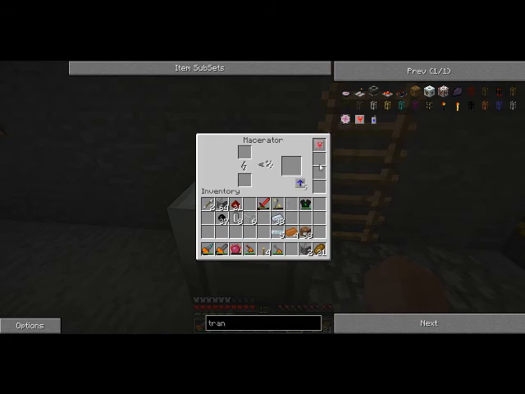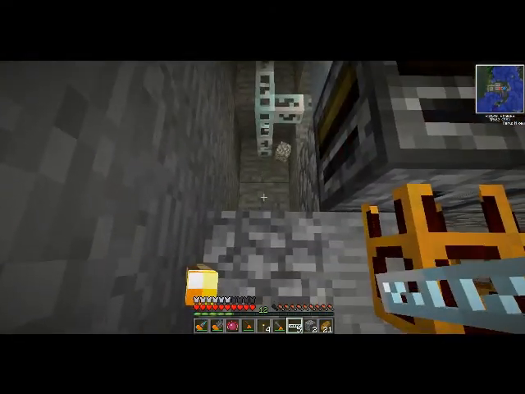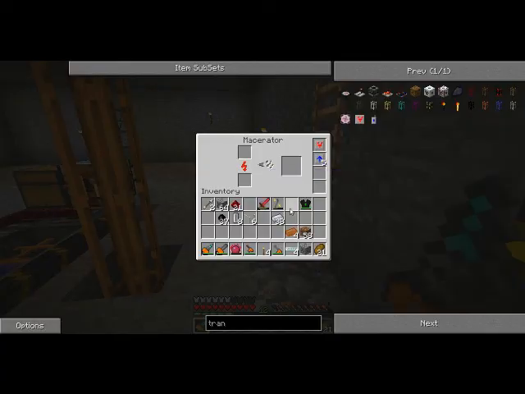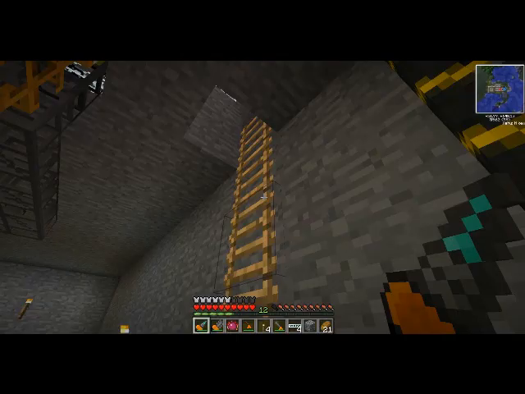So drop our transformer in here, and our overclockers in here. And now we should be all set to connect the power. Just like that. Nothing blowing up? Oh, thank God, nothing blew up. Hallelujah. Okay, so now we just need a crafting logistics pipe, and that's just 2 glowstone around a standard logistics